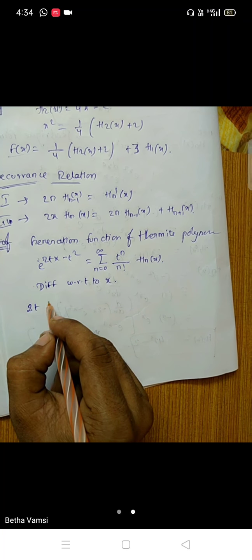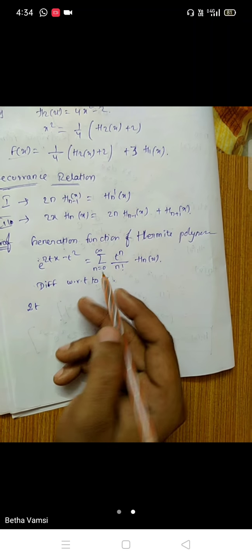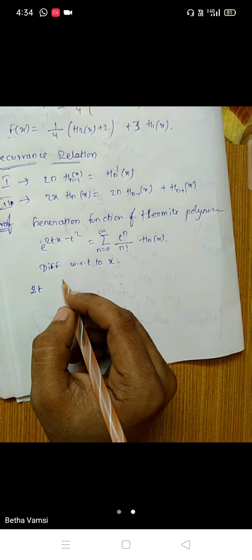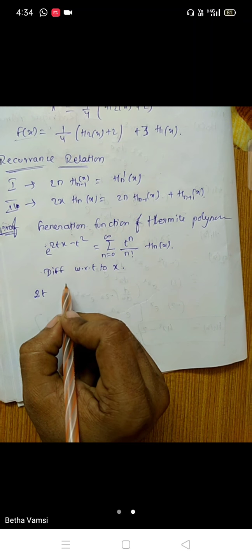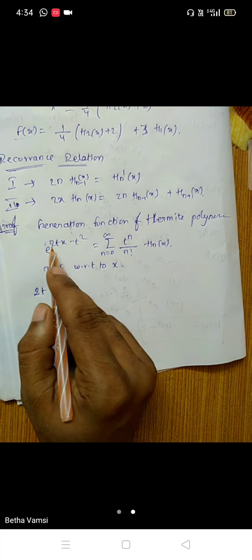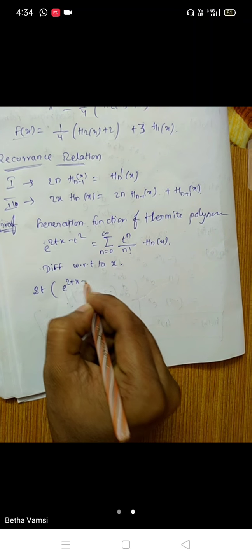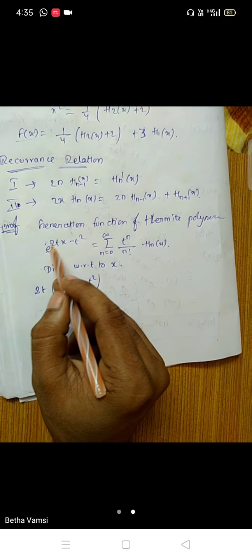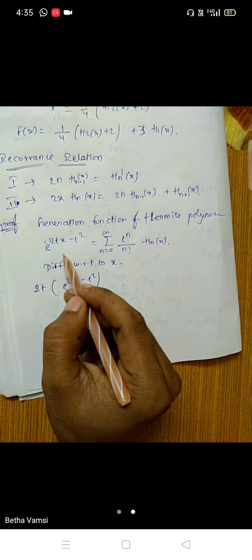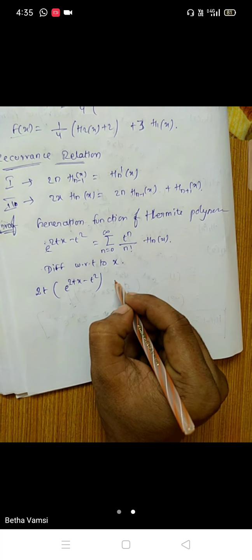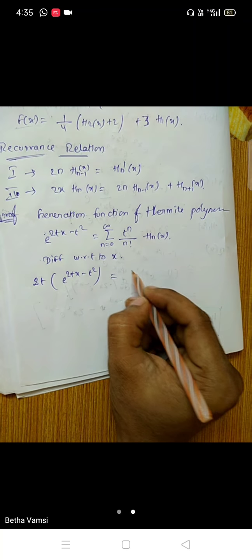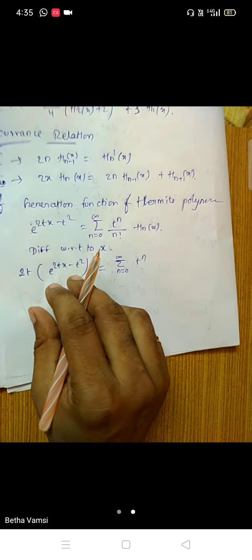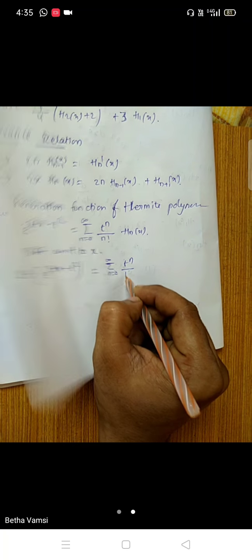So derivative with respect to x of the above generating function. So 2t times e power of 2tx minus t square. Differentiating e power of ax will be a times e power of ax, right? So which is equal to summation of n is equal to 0 to infinity t power n divided by n factorial